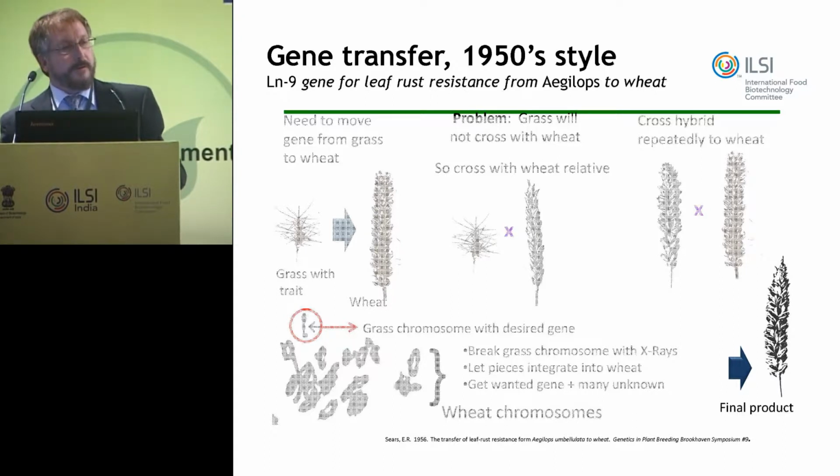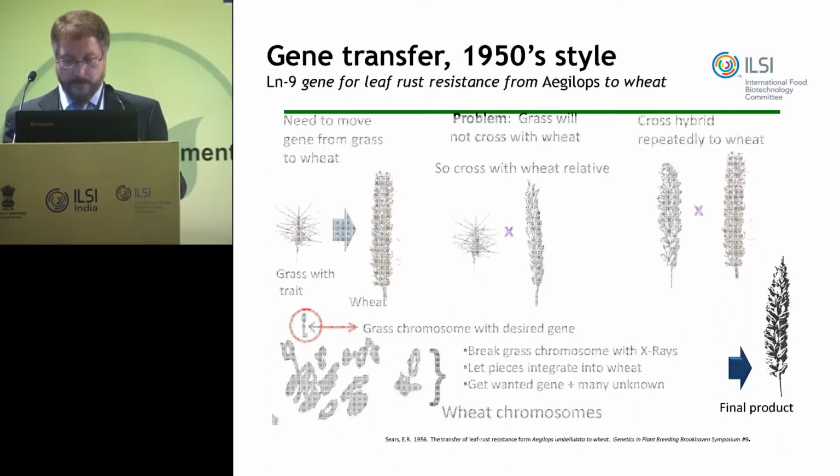So as early as the 1950s, breeders were resorting to gene transfer from non-sexually compatible species. As one example, in this case, they wanted to move one gene for rust resistance from this species here into wheat, as the disease attacked both. The problem is that this species, Aegilops, would not cross with wheat. It will, however, cross with pasta wheat, which is a different species, it's a tetraploid.